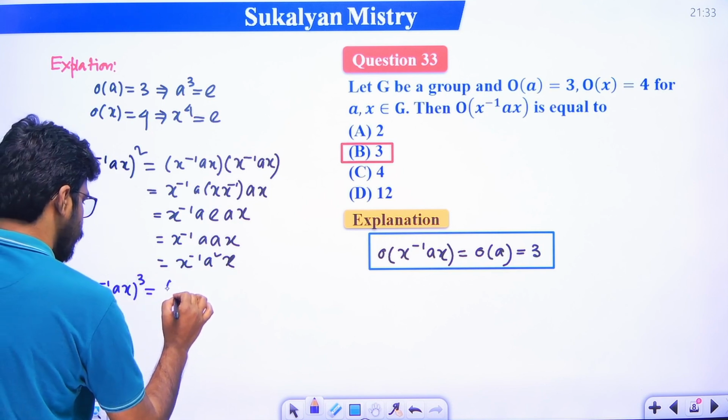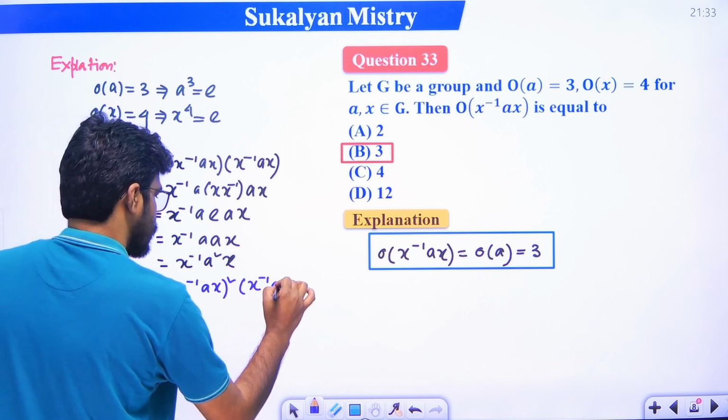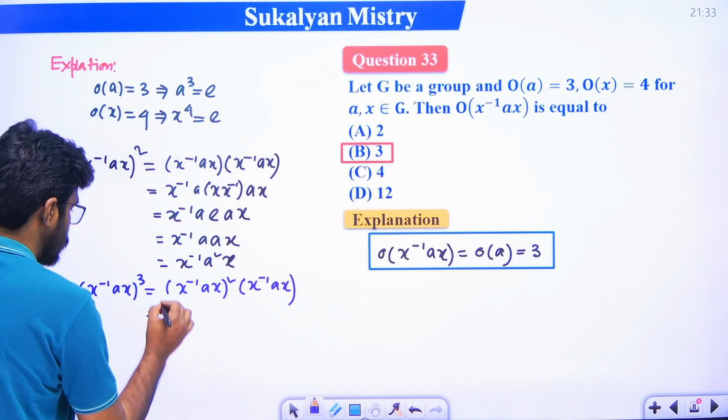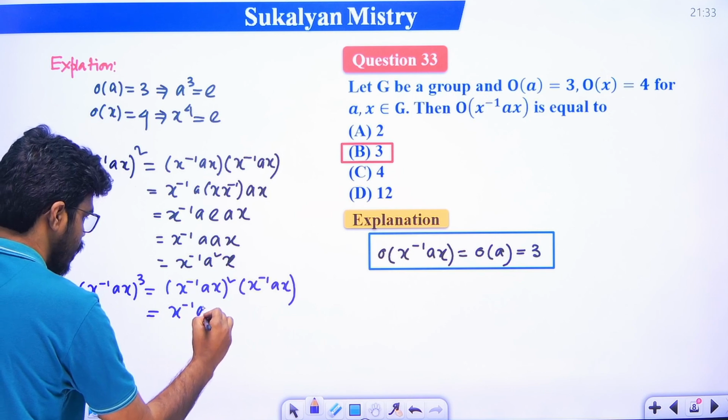That is (X inverse AX) squared into X inverse AX. So basically we get X inverse A squared X